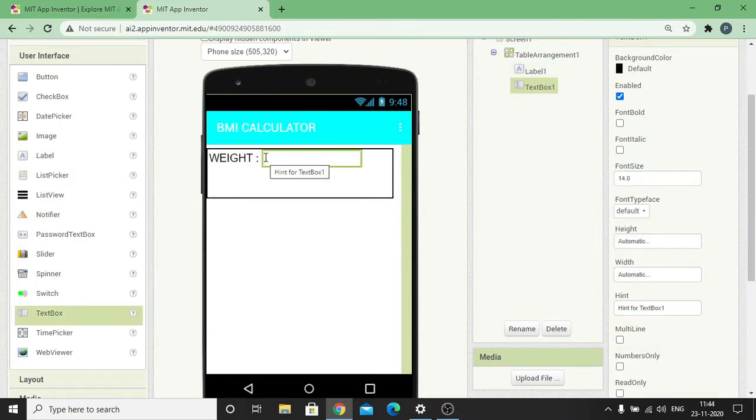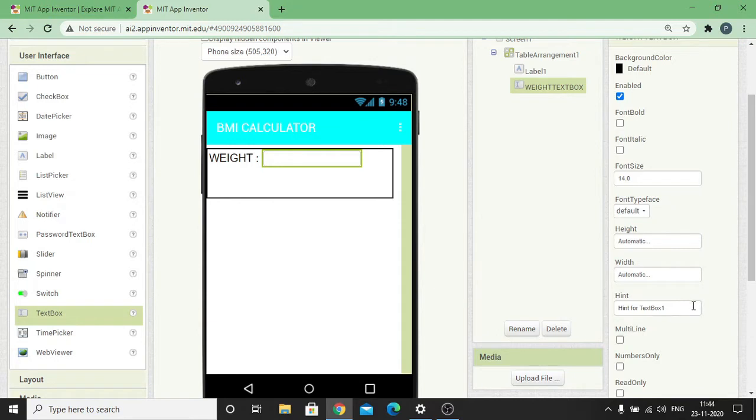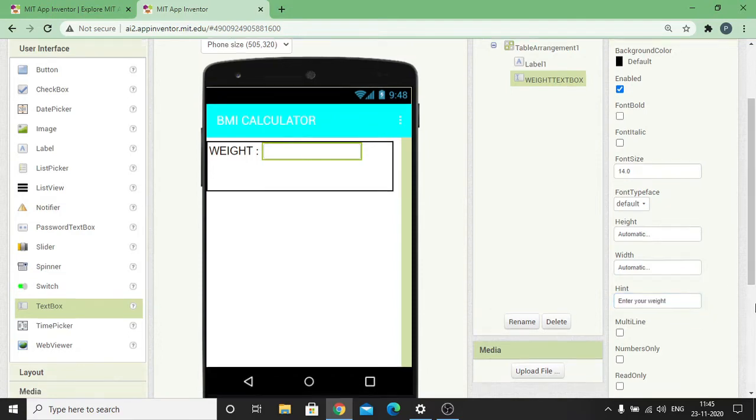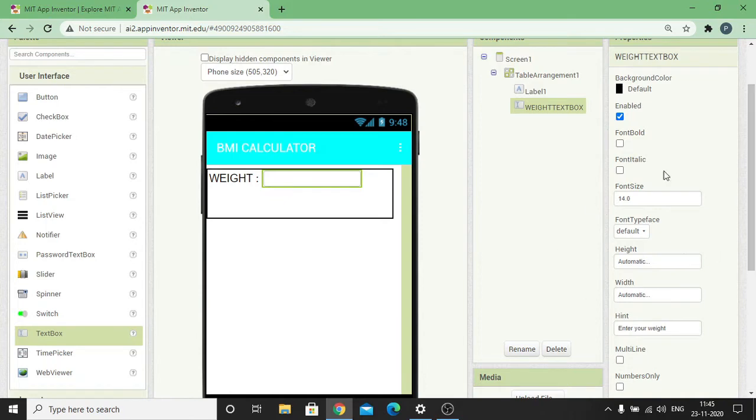Inside this text box the user is going to actually enter his weight. So give a new name under the component section. We'll be using it in a later part. So I'm gonna rename it as weight text box. We need to provide a hint to the user about what must be entered inside this text box. So change the hint under text box as enter your weight. So we can increase the font size to match the label,